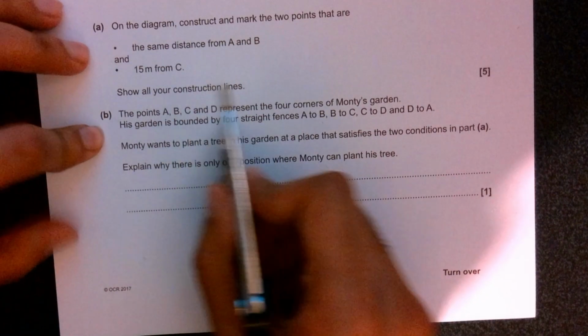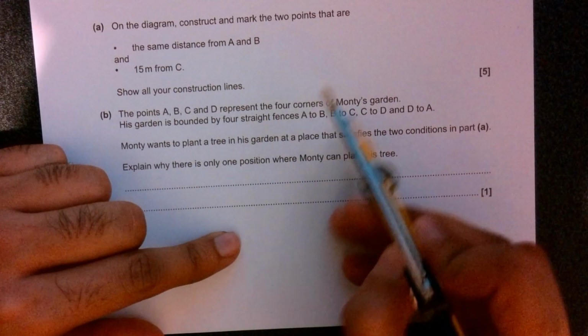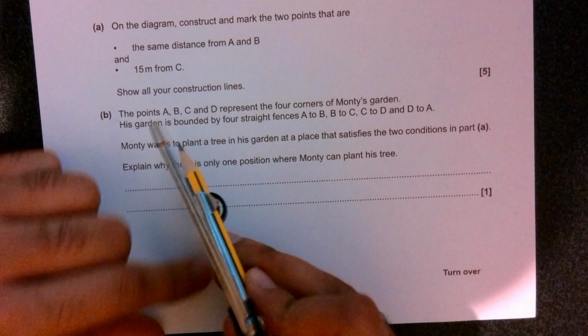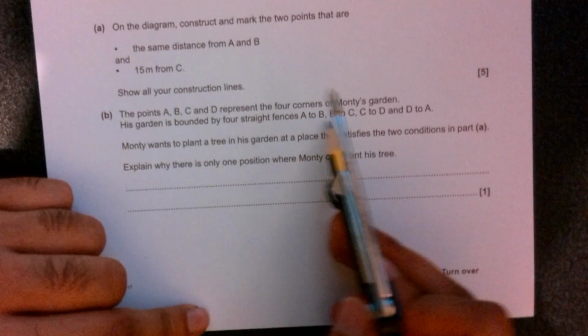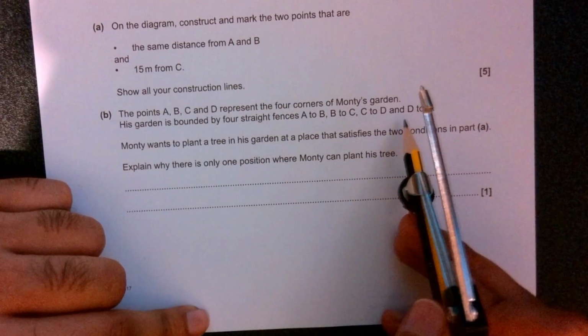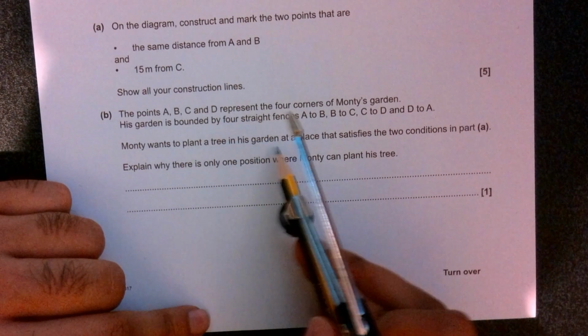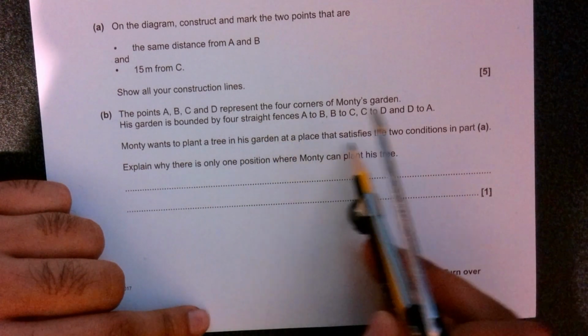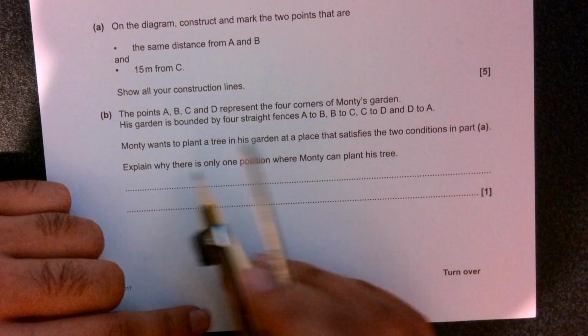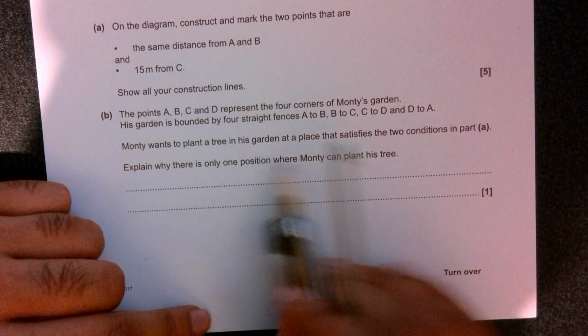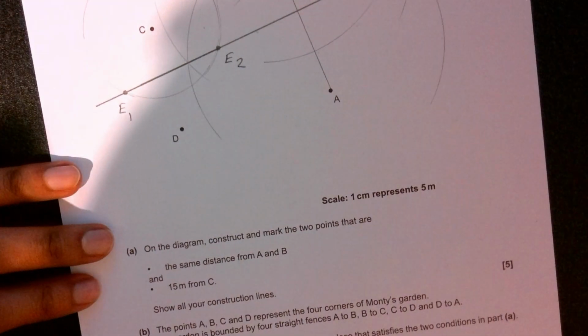Now for part B, the points A, B, C and D represent the 4 corners of Monty's garden. His garden is bounded by 4 straight fences, A to B, B to C, C to D and D to A. Monty wants to plant a tree in his garden at a place that satisfies the 2 conditions in part A. Explain why there is only one position where Monty can plant his tree. So,